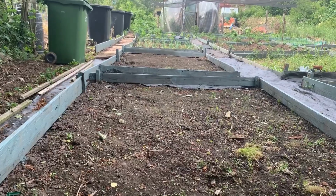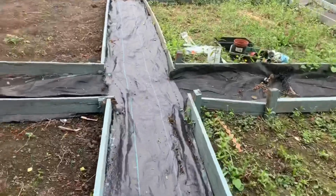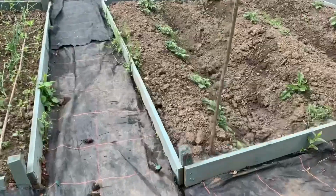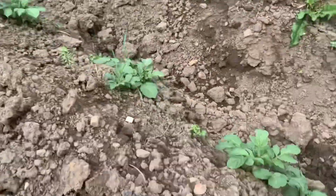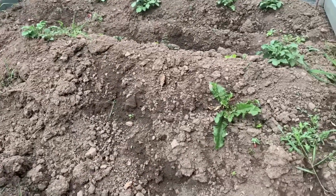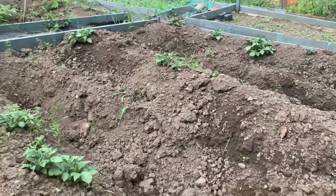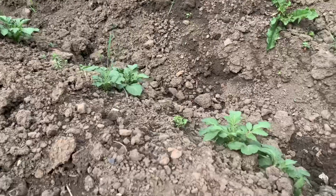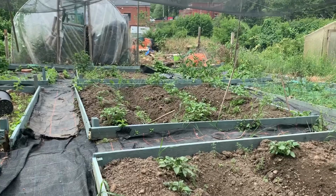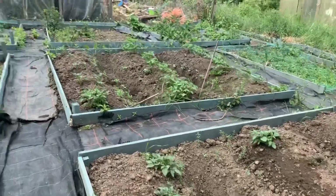So I'm happy with how it's all looking at the moment. Continue down here. And as you can see, all my potatoes are doing well now. They're all popping out, I'm not covering them up anymore now, so I'm letting them grow. They're doing really well. And my other batch of potatoes are there. So if we go down here,